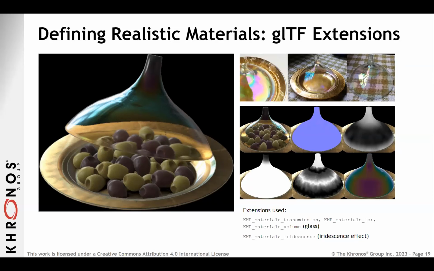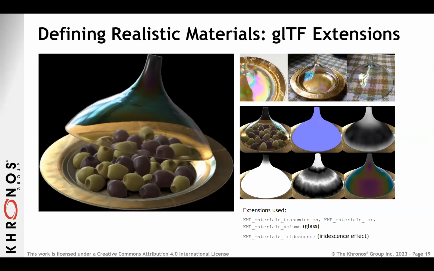And you can actually see on the top right-hand side some photos of the actual physical object, and you see that this effect is super strong. So not having it on the virtual replica, on the digital twin, if you will, would really have us missing something that's super important for the appearance of this object. So luckily, with all the material extensions that Khronos has brought to glTF the last two to three years, we can get a pretty good result. And it's worth